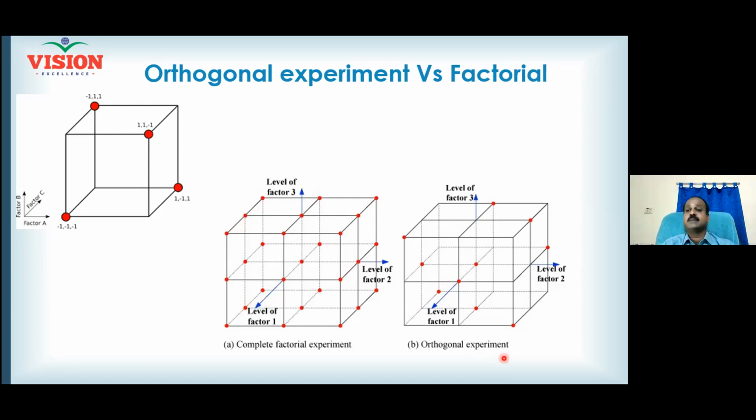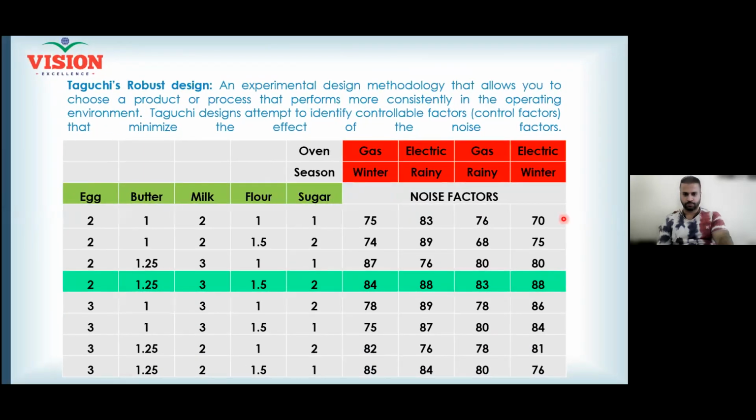But in orthogonal experimentation, a concept called the orthogonal array was introduced by Taguchi, in order to minimize the effect of the noise factor. You don't have to run all the 27. You have to run only selected corners. Those selected corners are recommended by Taguchi, and that method is called Taguchi's orthogonal array method. Clear? We require this initially to understand the process and the result, and we do this to optimize our result by minimizing the noise factors. Very good.